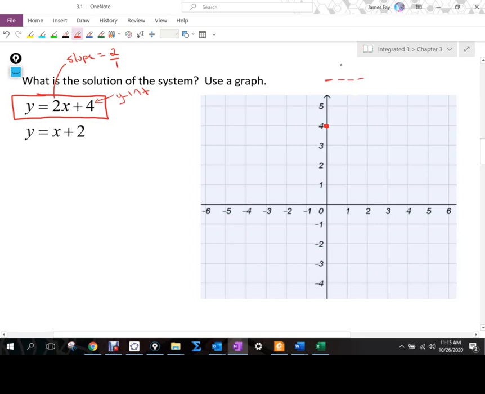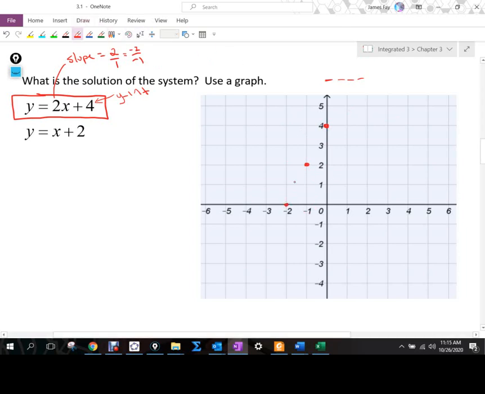You could either type your points in or you could plot it using the cursor, and it wouldn't let you do that. But going up 2, right 1, is that the same thing as going down 2, left 1? Negative 2 divided by negative 1 is still a positive slope of 2. So I can go down 2, left 1 and get the point that I need to help me graph this thing. And if we do it